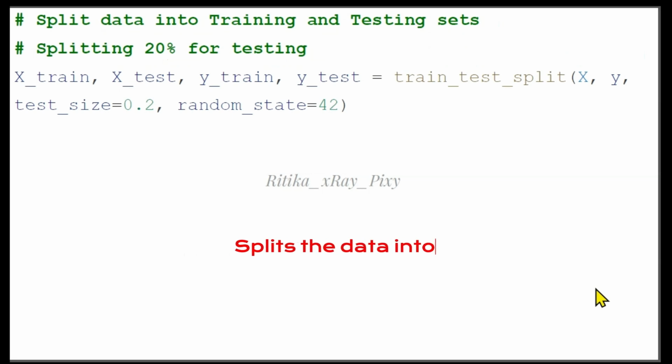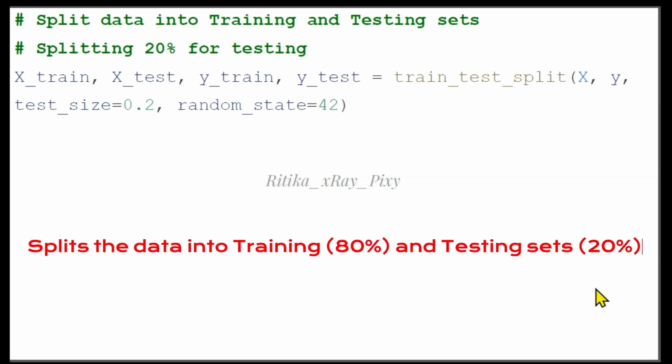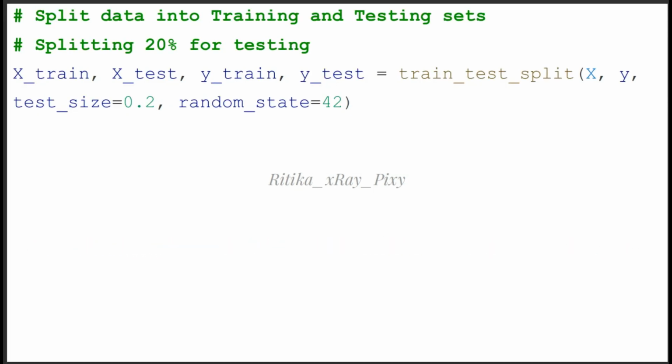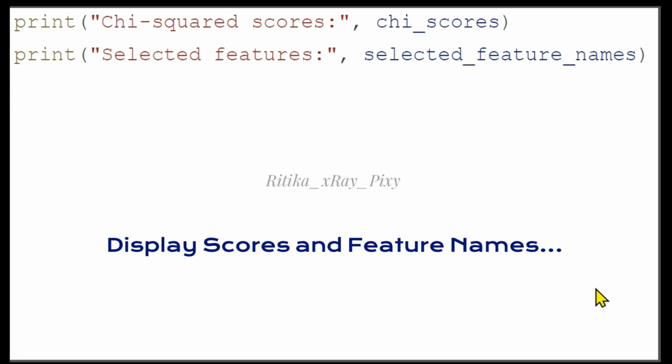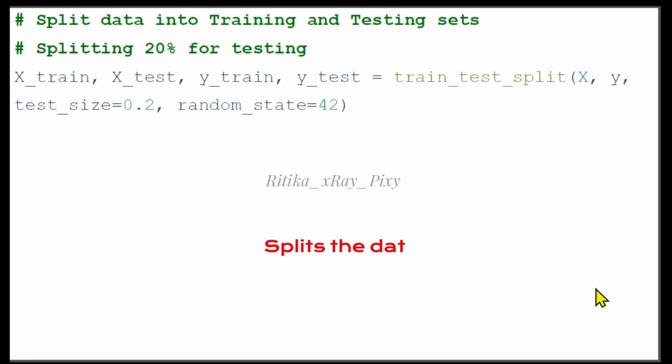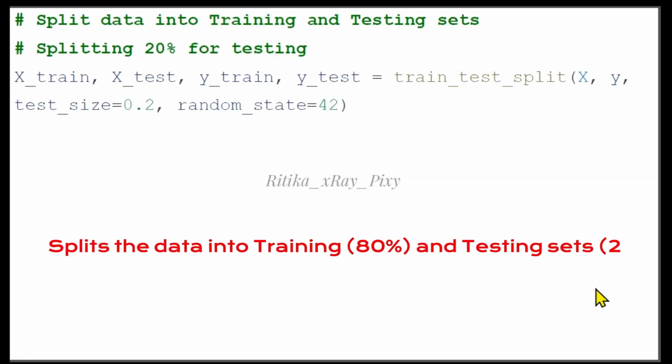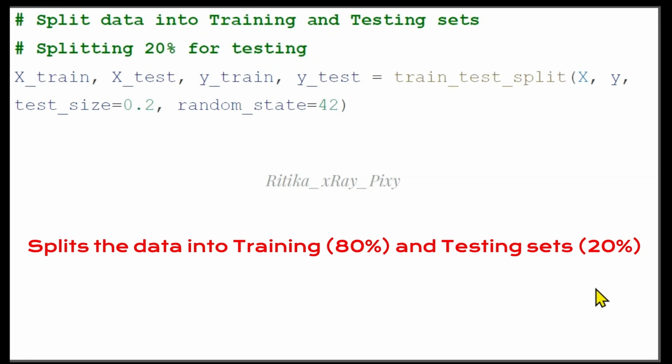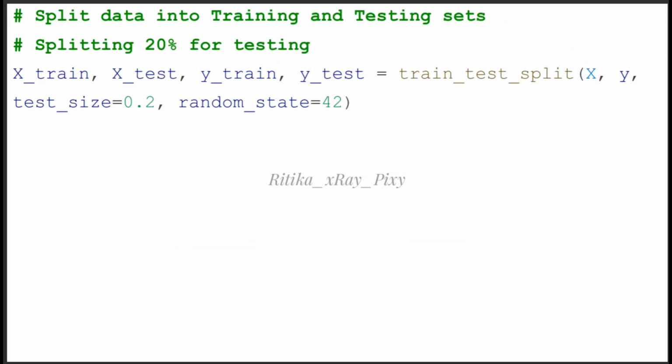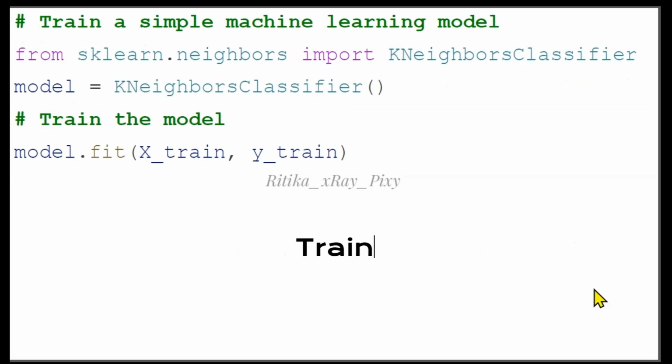Now further, if you want to perform testing and training, then we will split the data into testing set and training set. So here we are splitting 20% for the testing and the rest 80% for the training. So if you are doing further, then you can split the data set and perform other operations, and then you can train your machine learning model. Like here you can see we have KNN classifier.